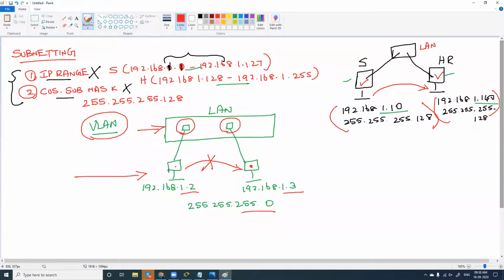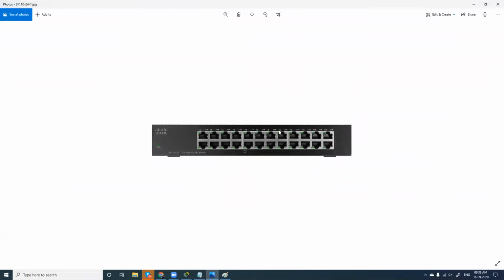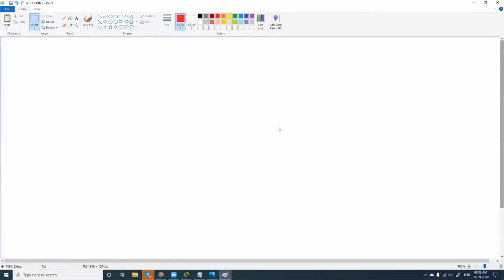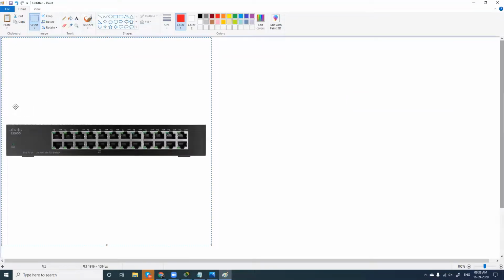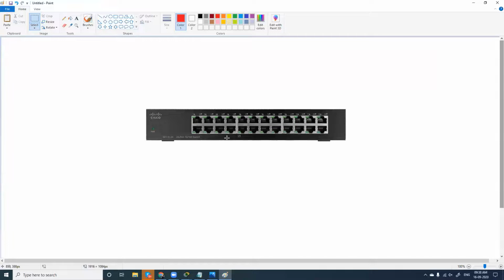Let me explain what it does. Okay, this is a normal Cisco switch. We have two types of switches: manageable and unmanageable switches. Manageable switches, yes, you can configure VLAN.